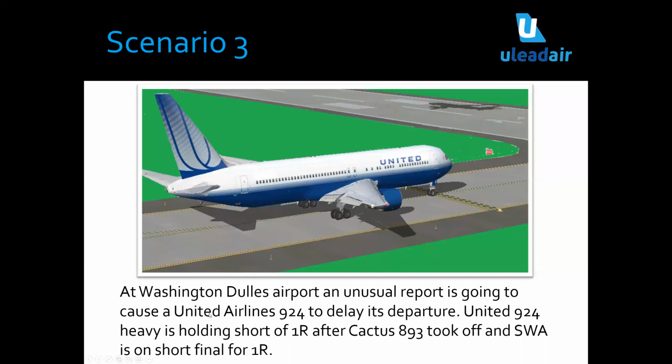For instance, United Airlines 924 instead of nine-two-four, it's going to be 9-24. So just split off every group of 2 like that, 9 on one side and 24 on the other. Quick way to figure it out. Like this Cactus here, what would you say? A-93. Yeah, a little different. Probably the U.S. is the only place that really does that.